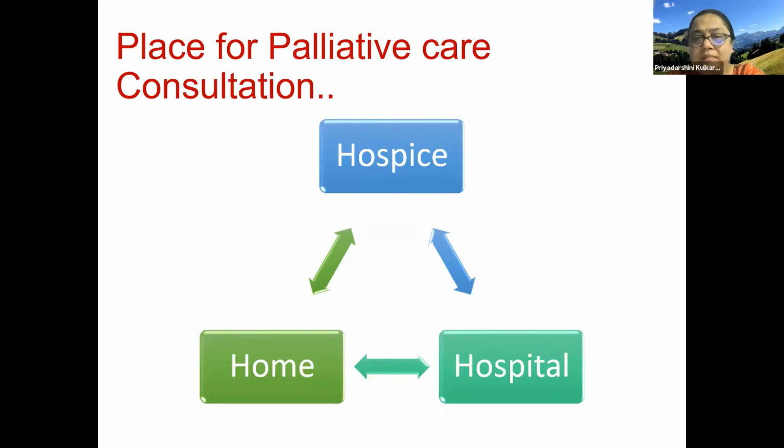There was a time about 10 years back or a little more than that when people were struggling to fill these hospice beds. They were free, they were available. There were a few problems: there were no doctors interested in working in palliative care. Whoever joined would stick on for a couple of years and then decide to go out. And second, nobody would refer patients to such palliative care centers.